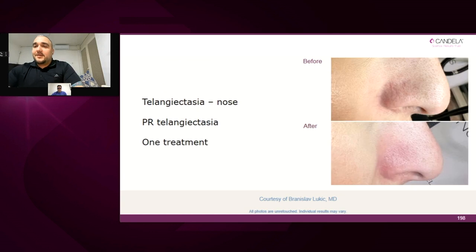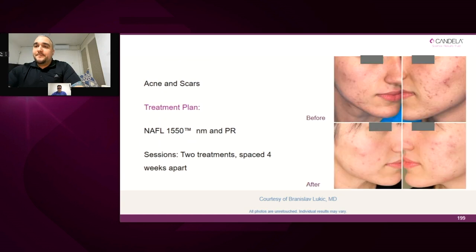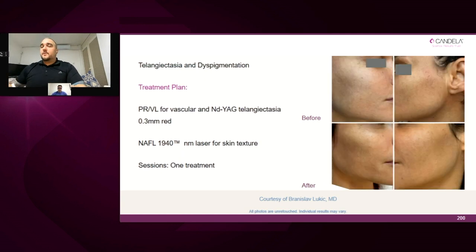Also again, telangiectasia on the nose. And as my colleague said, we can treat active acne at the same time with the scarring. So it's really nice to combine light with fractional lasers. And also once we use 1940, we can really apply the active substances, topical therapy, much deeper after we use 1940. This is when we have a combination of vascular changes and depigmentation, and you treat all in one treatment.